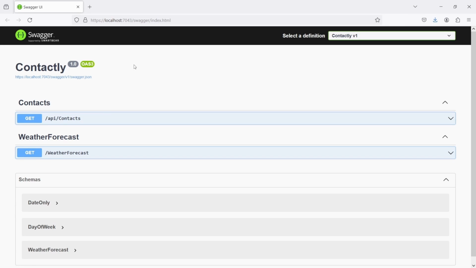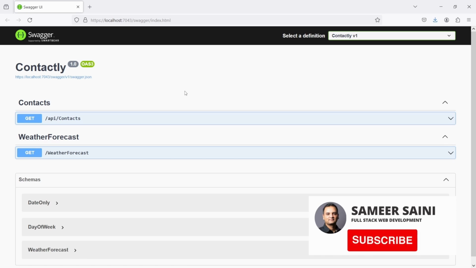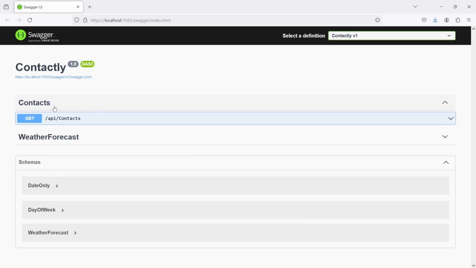So we get Swagger UI, which is like a UI application to run and test our APIs, and it clearly shows the controllers that we have: the contacts controller and the weather forecast controller. We'll be only working with the contacts controller, and it shows that inside the contacts controller we have one API endpoint, which is a get endpoint, and it is pointing to